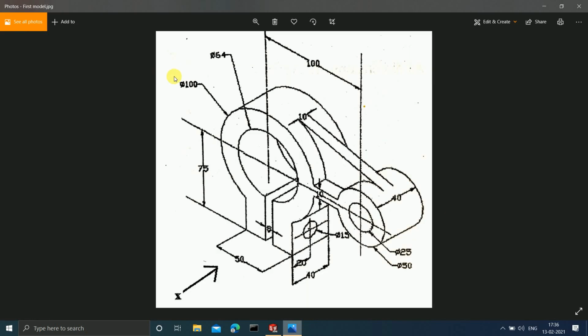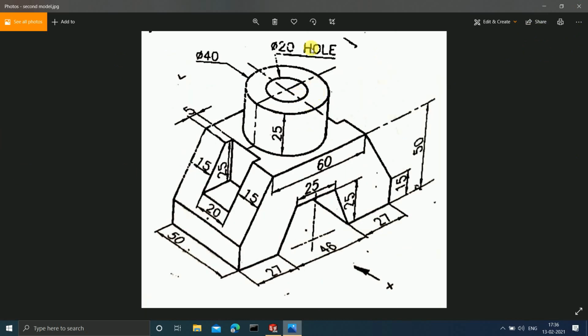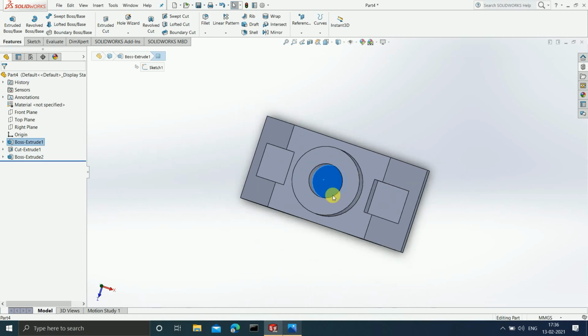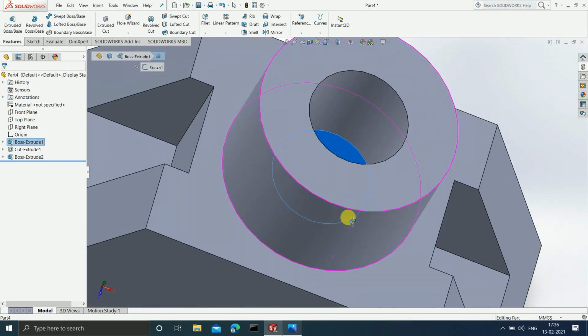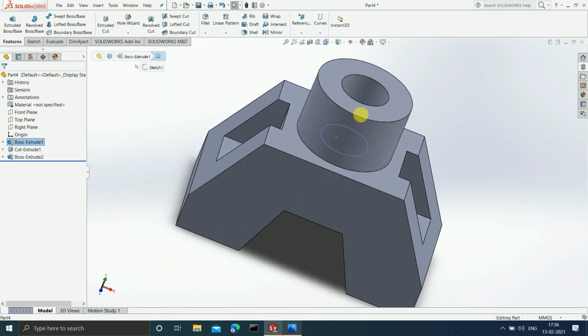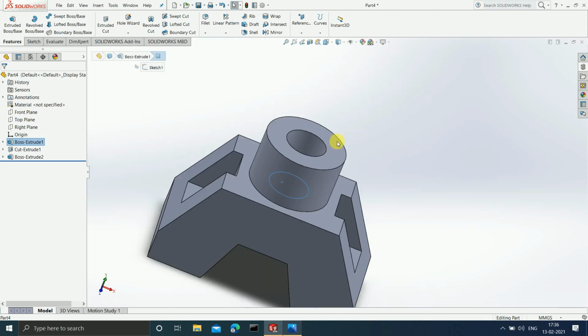Why? Because it is mentioned here. Wait, where is the sketch gone? Okay, I have to remove this sketch again. It might be present here. Okay, if you observe this figure guys, they have written a 20 diameter hole. Now what is the meaning of a hole? See, hole means from the top view there should not be material present here. See, can you see? There is material present here. Instead, there must be a hole throughout this complete figure. The hole must pass throughout this complete model which we have created. So therefore, you have to create a hole here.